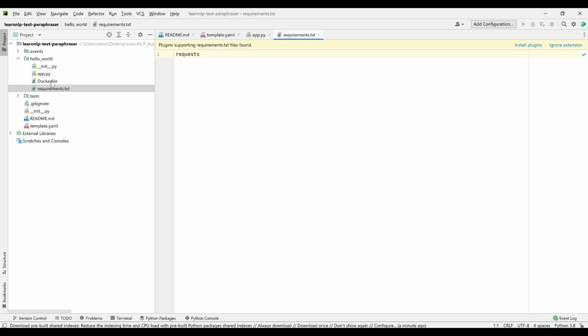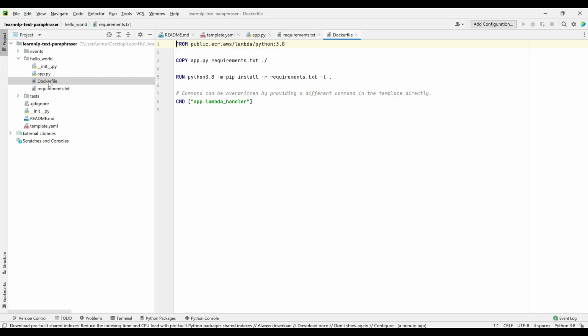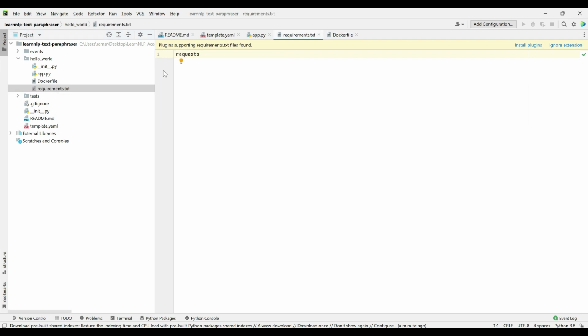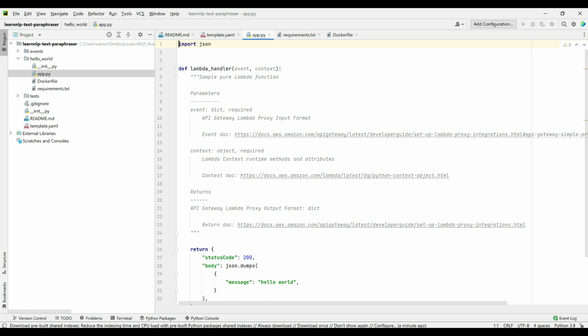And since it is a container deployment, you have an extra file, that is the Dockerfile. So this is the file that we need to change if you want to add more custom things. But essentially you can go ahead and add things in the requirements.txt as well as change the code in app.py